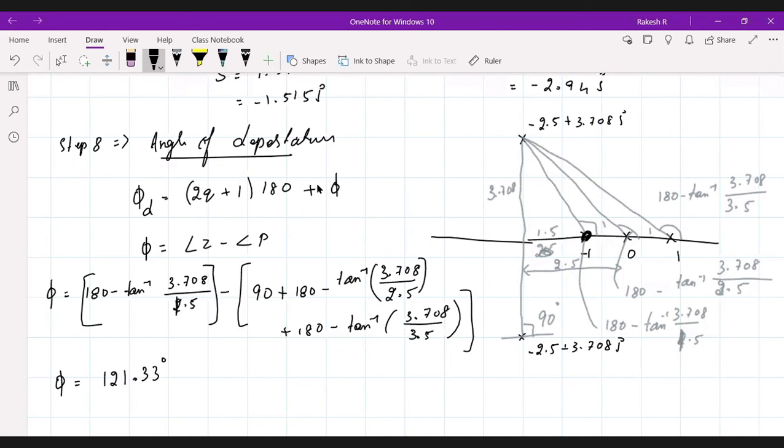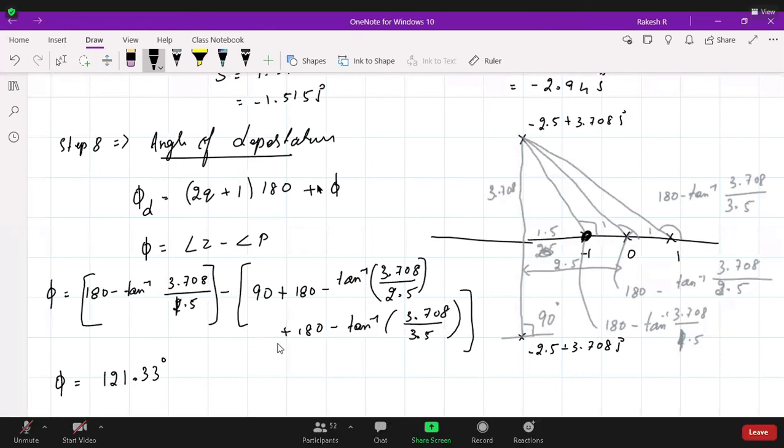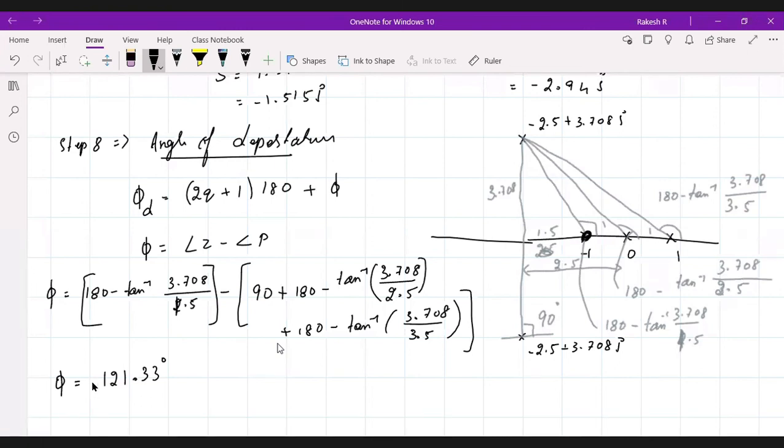Just check, guys. Is that correct? Sir, there you have written the value. Yeah. Angle of plus poles is 5, plus 5, correct. This is 133, sir. Okay. Yeah, we have got 121.33 degrees, right? So after this, what you need to do? You need to add up for this, right?